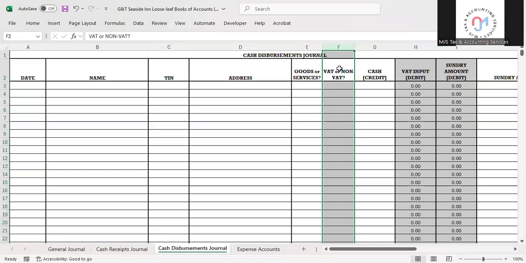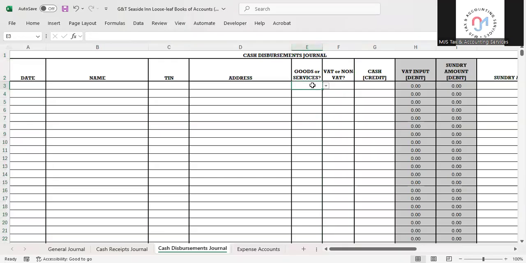That is why we have to indicate whether this payment includes VAT or does not include VAT, in cases wherein a supplier is non-VAT registered.